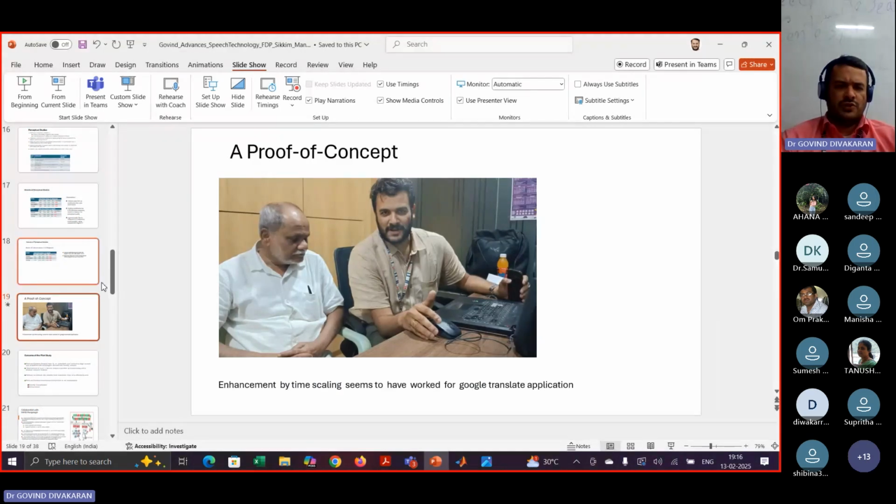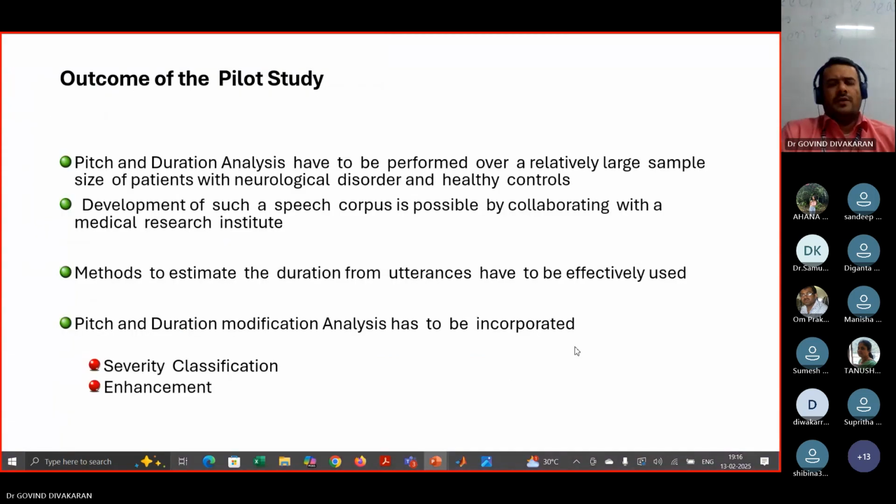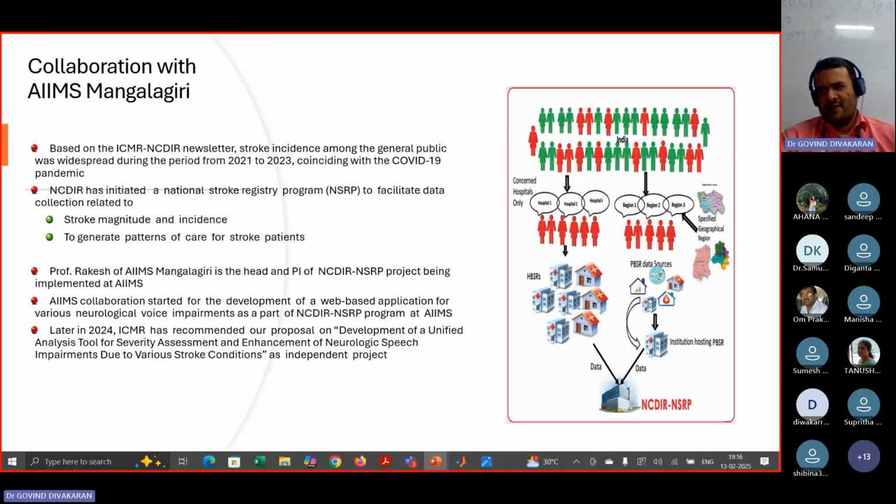So we gave a presentation there with this particular proof of concept and the outcome of the pilot study. They were first of all excited by seeing the result. Of course, it is not a concrete result, but we can actually show it as a proof of concept. Then the doctor suggested that the speciality of AIMS Mangalagiri is that